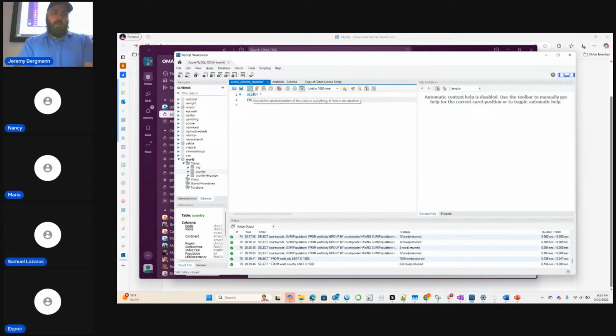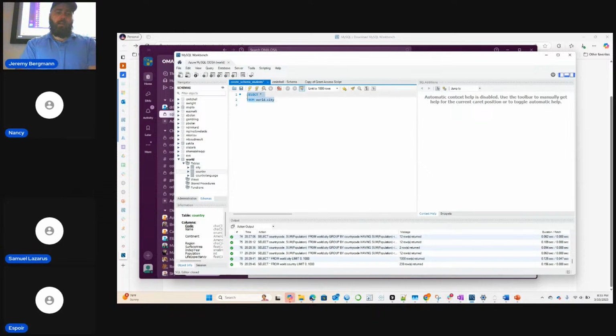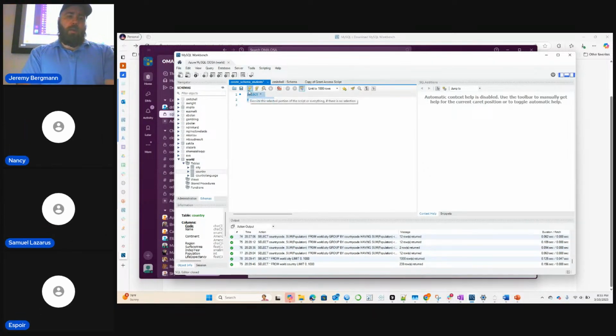The first one, if you highlight, will just execute whatever's highlighted. The other one executes from wherever your cursor's at. So when we have longer scripts with multiple queries, they'll just execute from there. So there are two different executes. You could do either one.